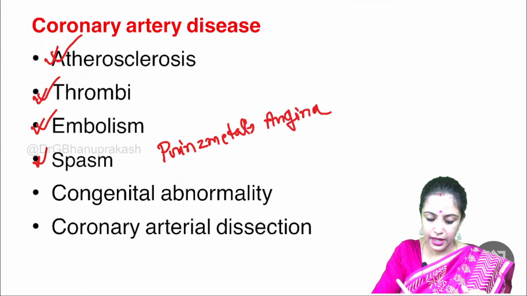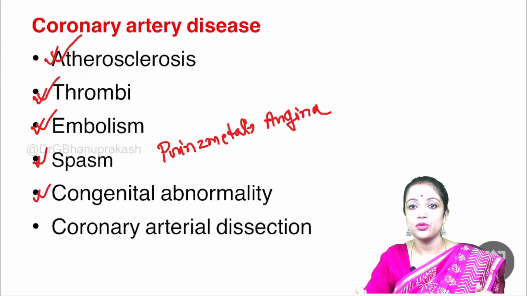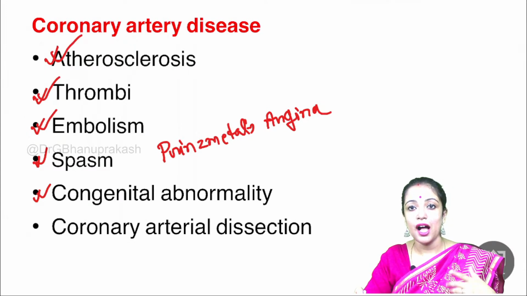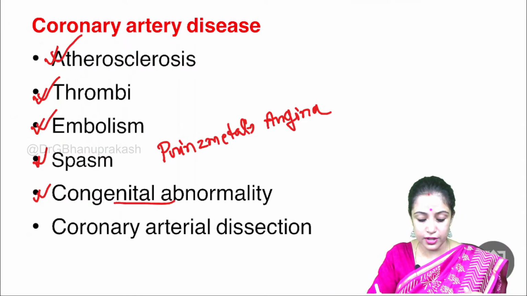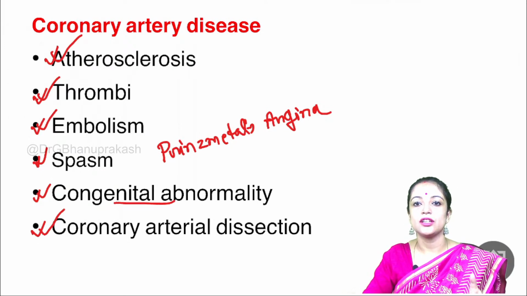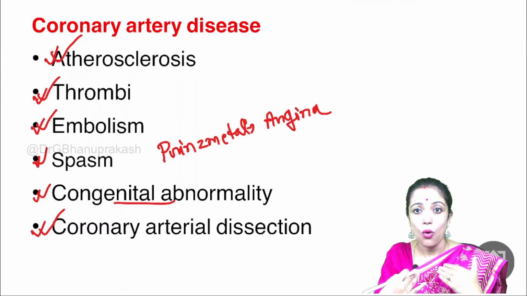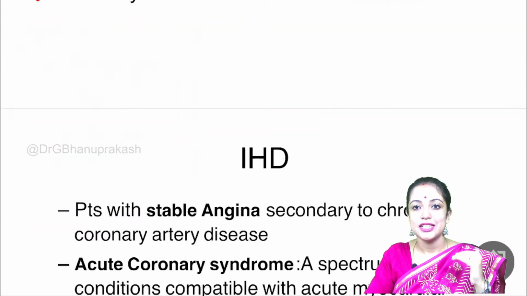Okay. And sometimes there is congenital abnormality of the coronary arteries, which also may lead to it. For example, if the left coronary artery, instead of arising from the aortic sinus, arises from the pulmonary artery, then there will be a high chance of development of ischemic heart disease. So congenital abnormality is also one of the causes. Coronary arterial dissection is a rare cause, of course. In coronary arterial dissection, the coronary artery walls get split, resulting in reduced blood flow